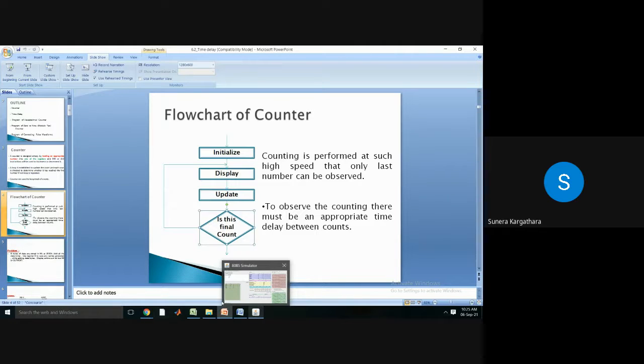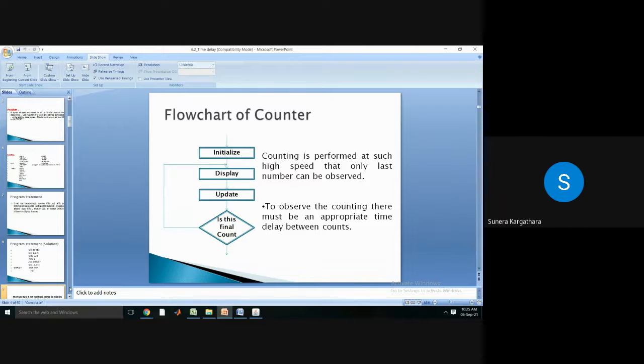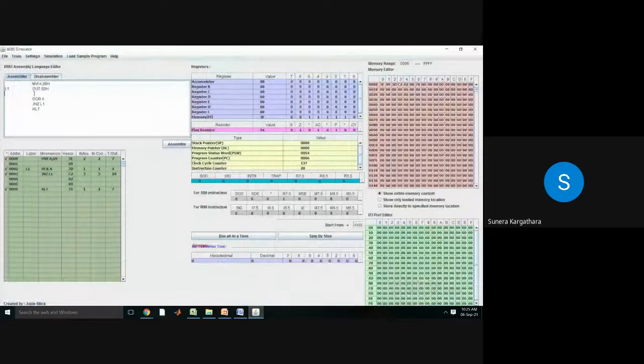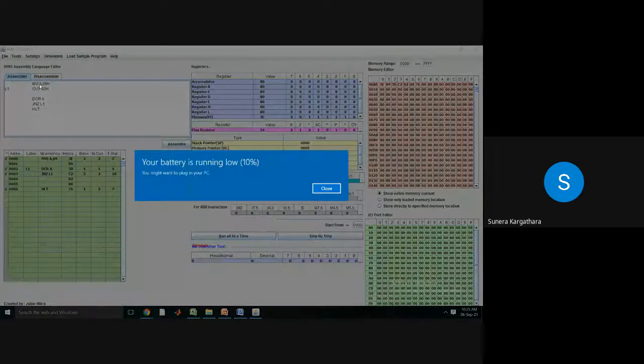So that is about a counter. Now as I discussed, a counter has two uses. One is for the repetition of tasks, which we already discussed. Today we want to discuss how to provide a delay in between two counts, because whenever you are designing a counter there is a requirement to provide sufficient delay in between two count values, and that can be done by providing a delay. Wherever we design two counts, in between them you need to provide some instruction which will pass your time, which will ultimately do nothing, but will give you a finite time so that you can observe